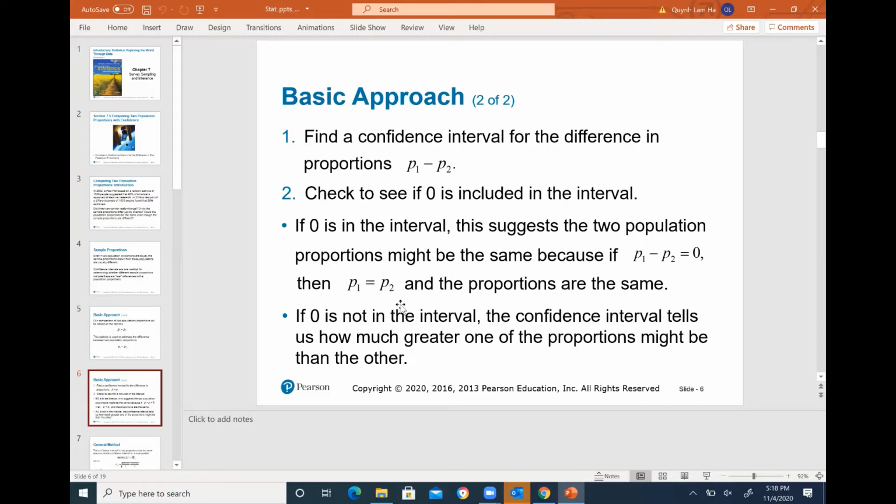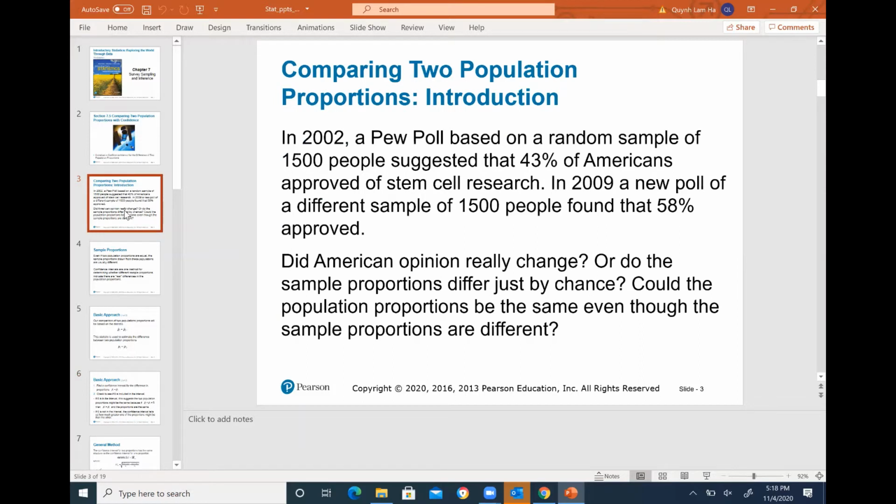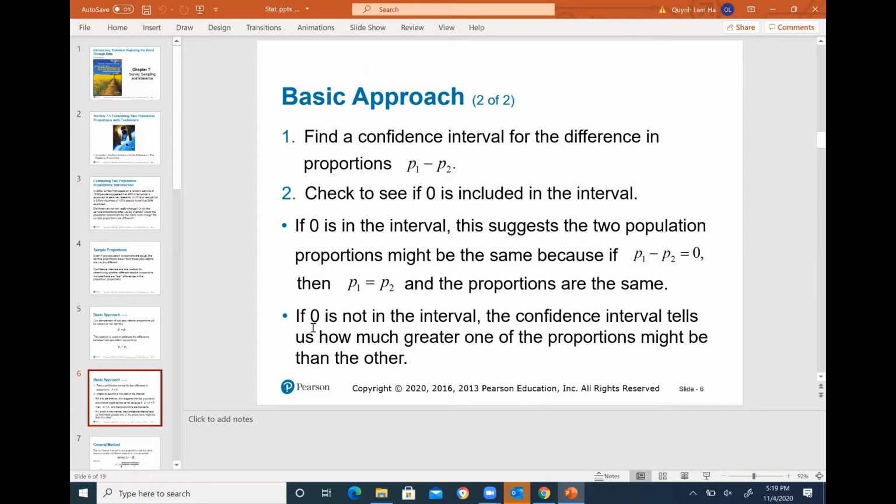So again, this is just the approach. It's not really like we're doing the math here, right? This is just the idea. For this problem, I would like to walk you through this information so that you know the idea of it, but it's not actually solving this yet. Later we're going to solve this one. You will see it. Next, if 0 is not in the interval,